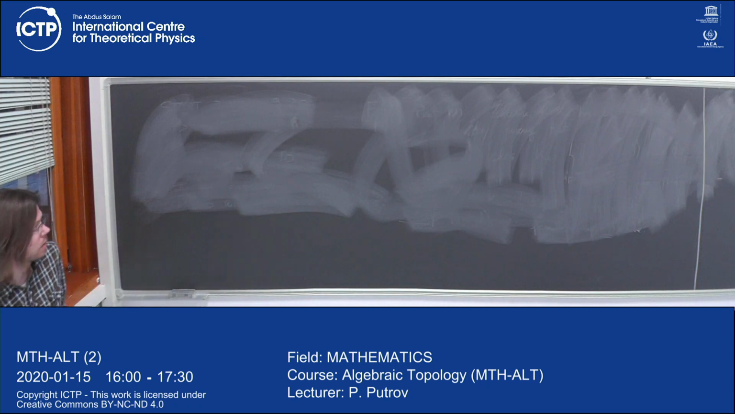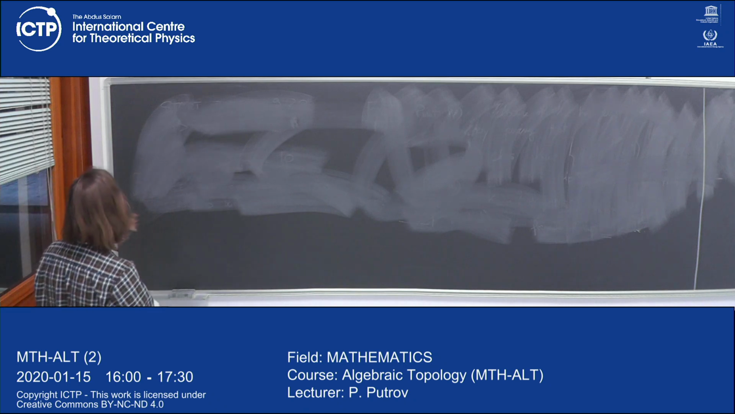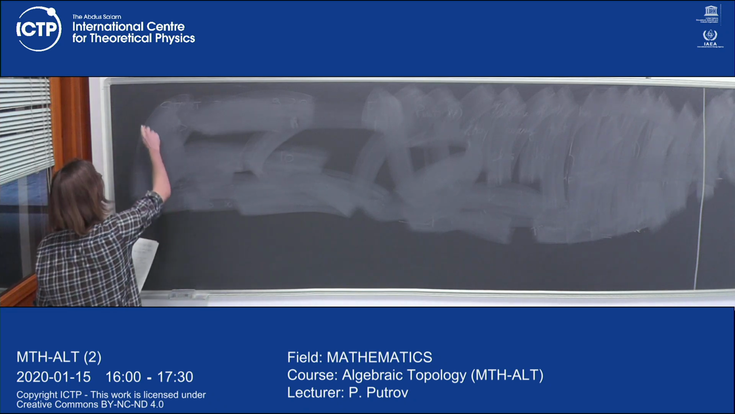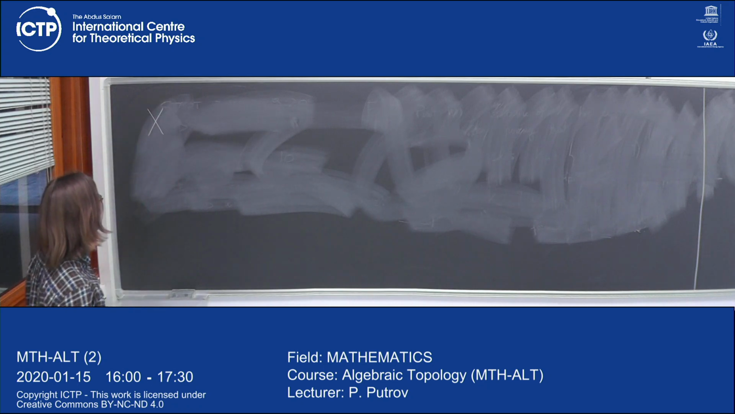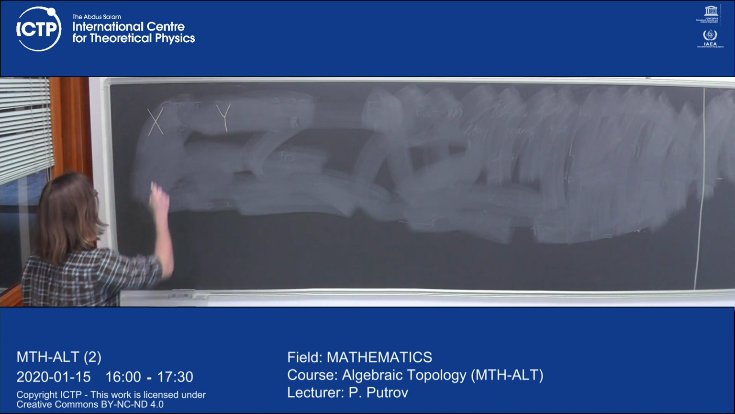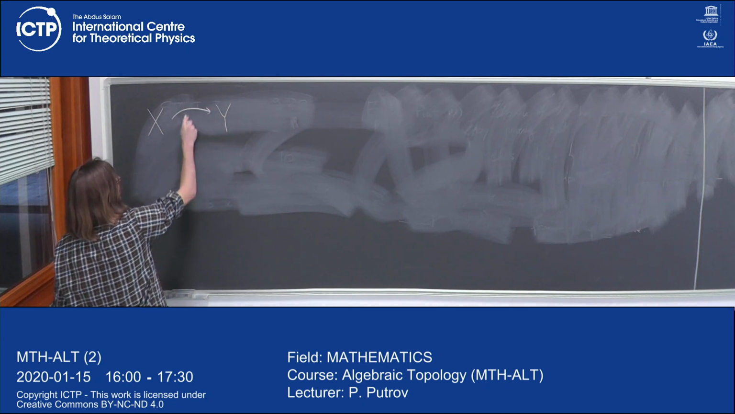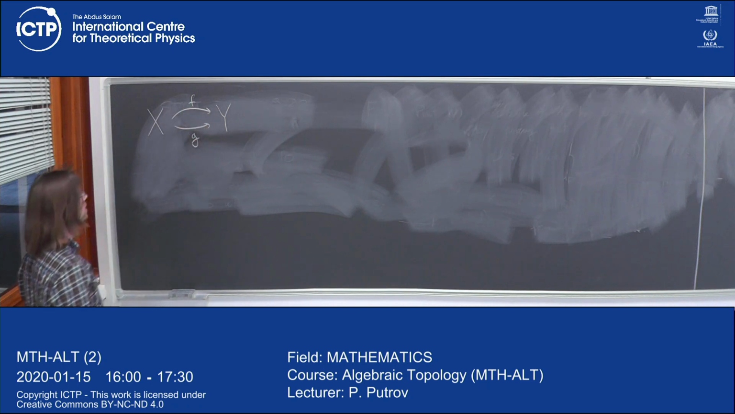Okay, let me start by reminding you a few basic notions which we studied last time. So first, there was the notion of homotopy between continuous maps between two topological spaces. We can consider a pair of maps F and G from X to Y,